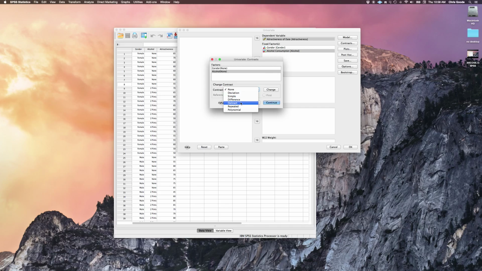Helmert contrast will take the first category and compare it against all remaining ones, then the next category and compare against all remaining ones. So if we did this, if we chose Helmert, and this is very confusing, but once you choose the contrast, you have to hit the change button, and that changes the contrast that you do for the factor that you've selected in the window above. Somebody designed it like that. Anyway,